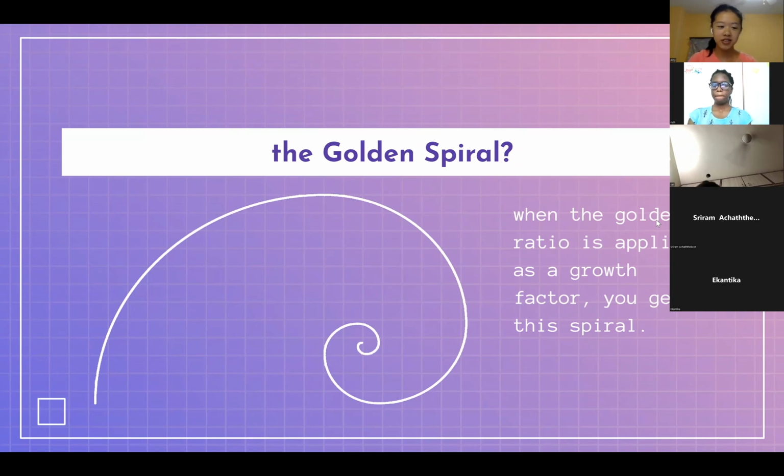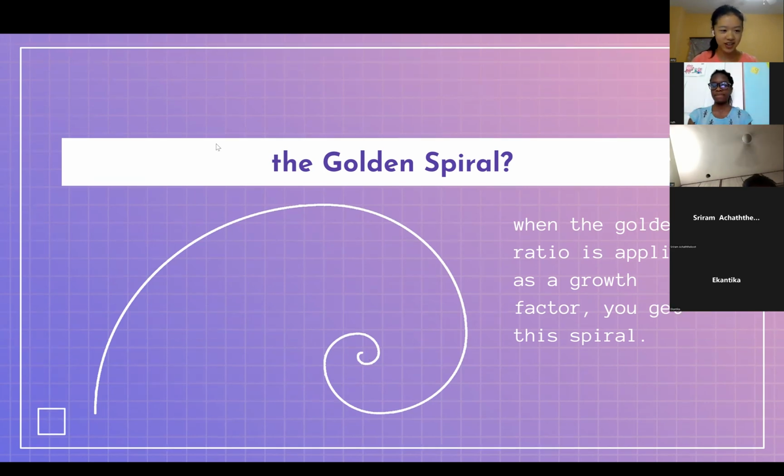Okay, so when the golden ratio is applied as a growth factor, you get this very interesting